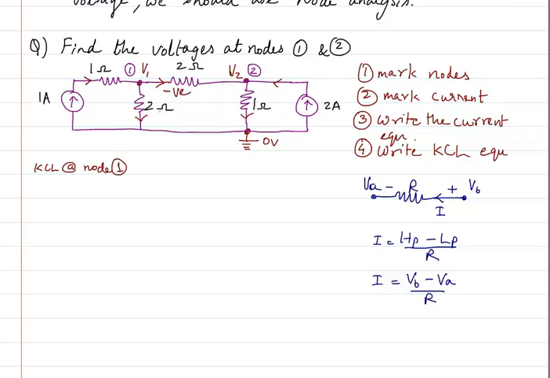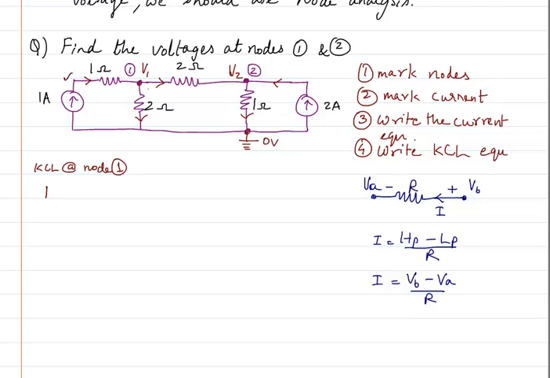Okay, so the positive or negative, that is based on the direction of current. Going out of the node, we will take it as negative. Coming inside the node, we will take it as positive. Okay, now here, even though there is an element, here the current is already given 1 amp source, so we will assume that this branch is already having a incoming 1 amp current. So based on that, I will straight away write plus 1 for this branch.